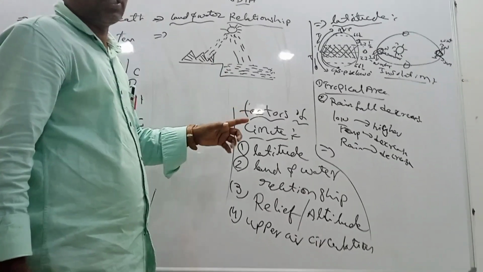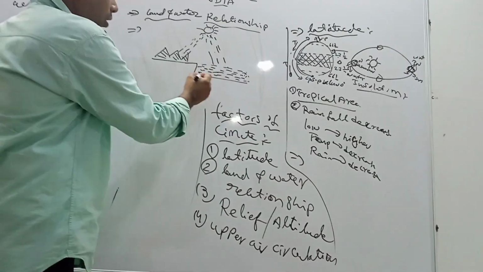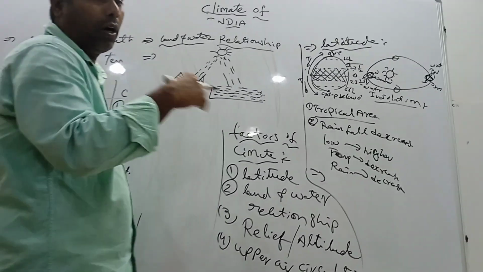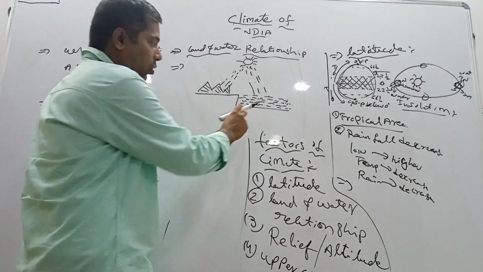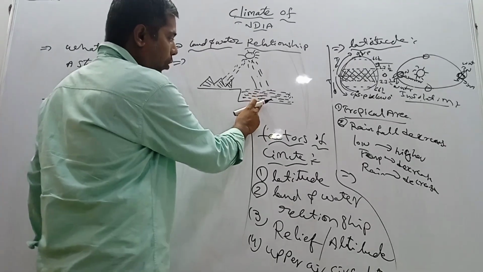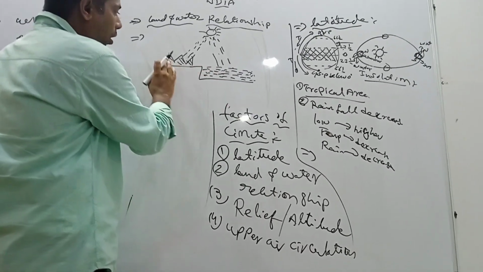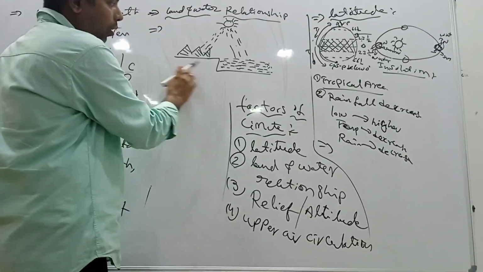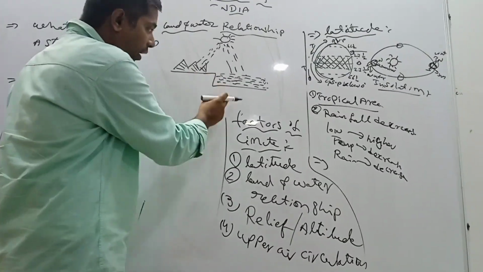The water absorbs temperature very slowly, and the water loses its temperature very slowly. So it slowly heats up and slowly cools down. When we compare land and water, land quickly heats up, quickly cools down, and the water slowly heats up and slowly cools down. Because of this variation,